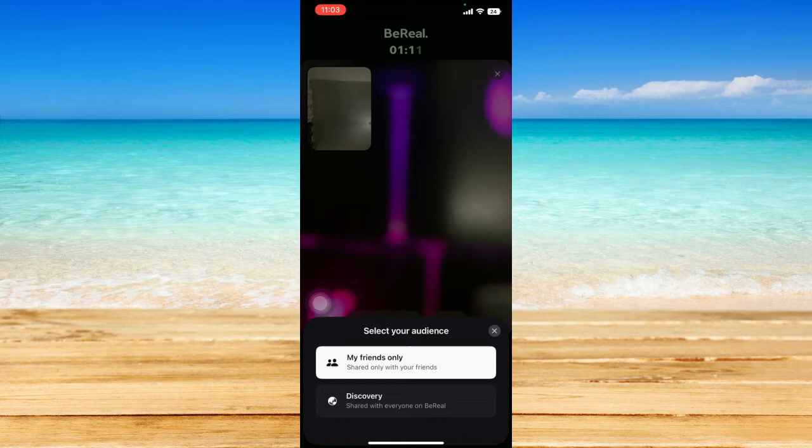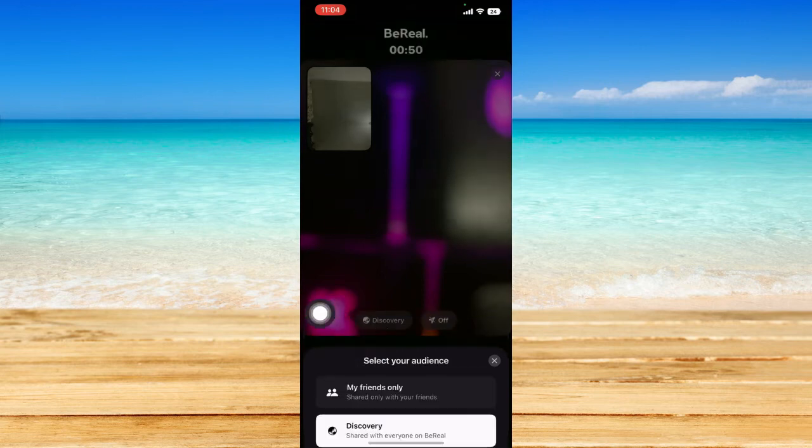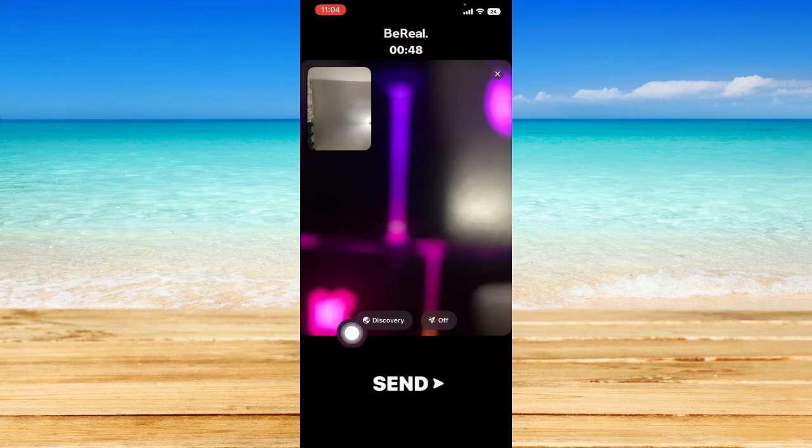So you will have two options. You will have the option to share it with only your friends, and also to share it with everyone on BeReal or on the discovery page, where everyone can have access to it, and where everyone can basically see your BeReal pictures. So to make it public, just simply click on the discovery option right here, and it should be set like that. And what we're going to do is just click send right here,